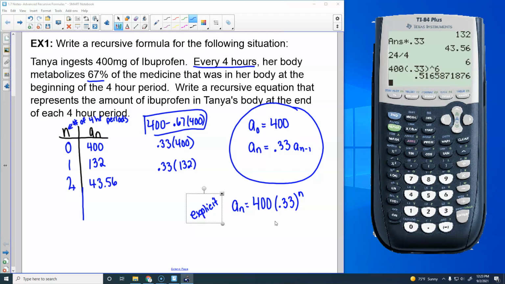Here's the problem. This is why the top of your notes today says 1.7 notes, advanced recursive formulas. Sometimes explicit formulas don't apply to the situation. Because if Tanya just has maybe a quick headache, she takes medicine, the headache goes away, she's not going to take any more. But if Tanya has a fever, or Tanya's down with her back, or has a recurring problem that doesn't go away immediately when she takes the ibuprofen,